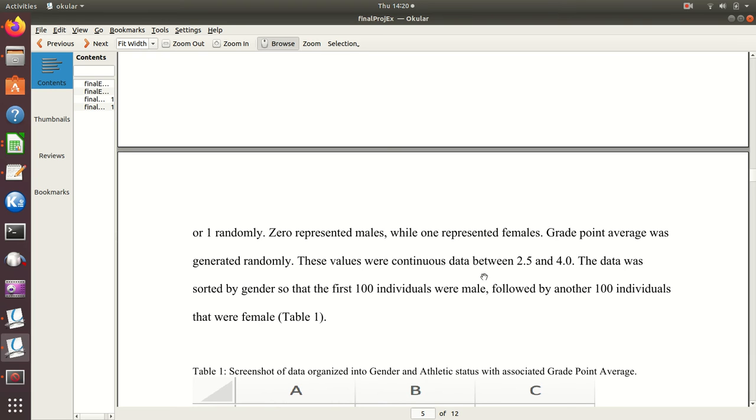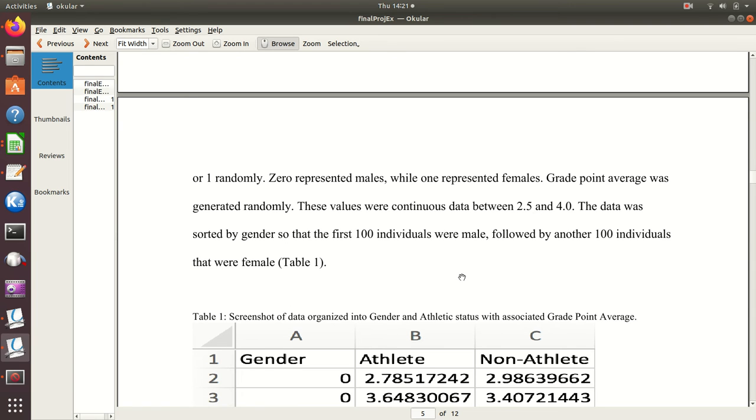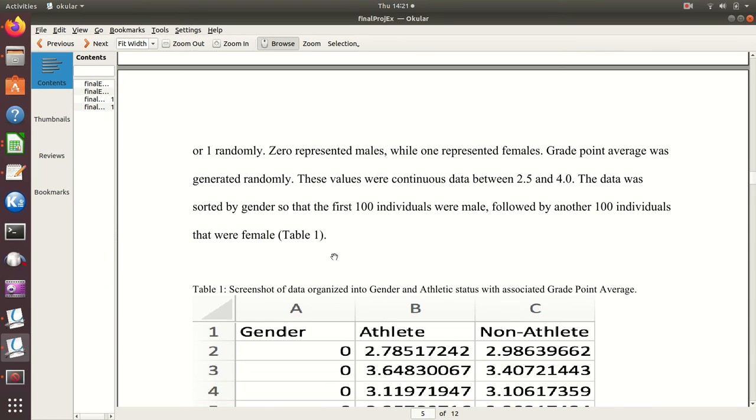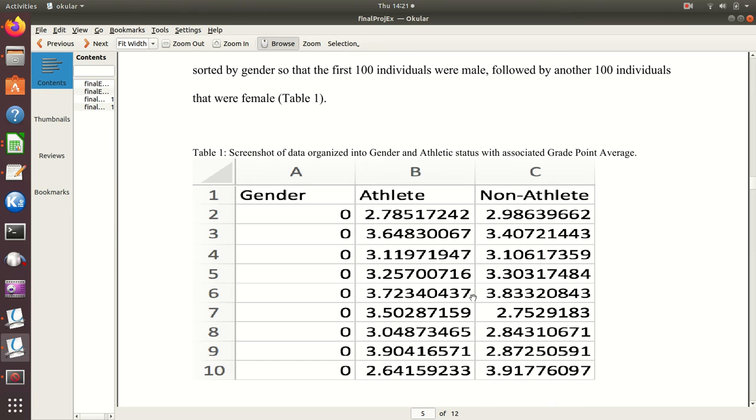But they looked at continuous data. So here, finally they mention a data type, continuous data, between 2.5 and 4.0. Okay, so they've kind of got that. They still haven't really said categorical for the gender, but they have that as some more data. And so here they're showing us a data file. And I guess it's been sorted, because here are males to begin with, athletes, non-athletes in column C, and their GPA, and now